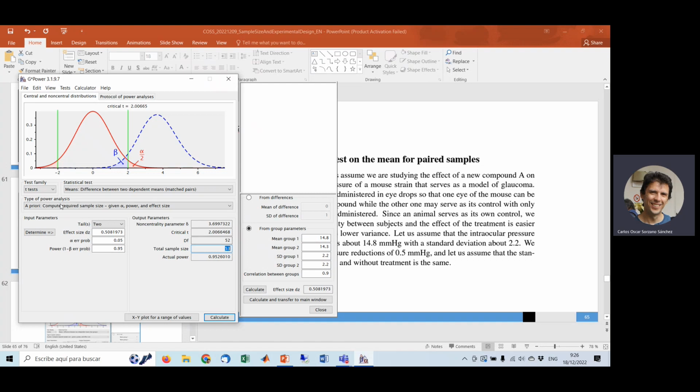And now we will have a critical T that is different, and we will have alpha half on this side, alpha half on this side. So you see that choosing whether you want one tail or two tails makes a difference in the number of animals. You can increase or decrease the number of animals by as much as 20% simply by choosing the right